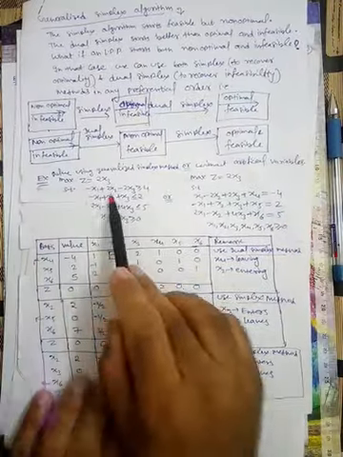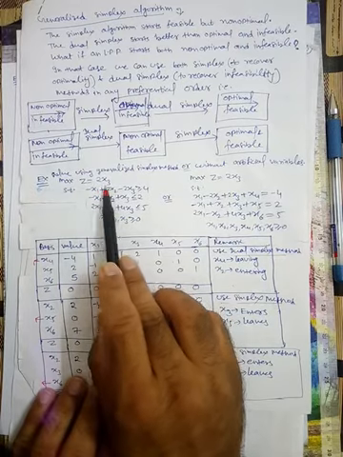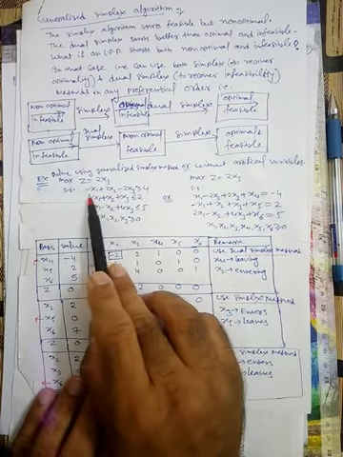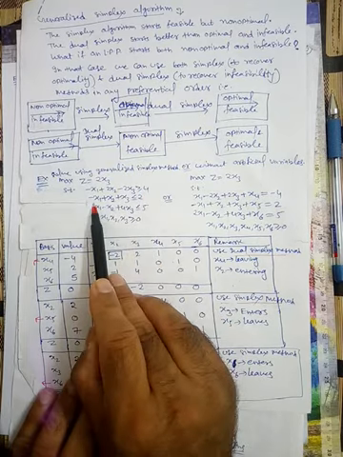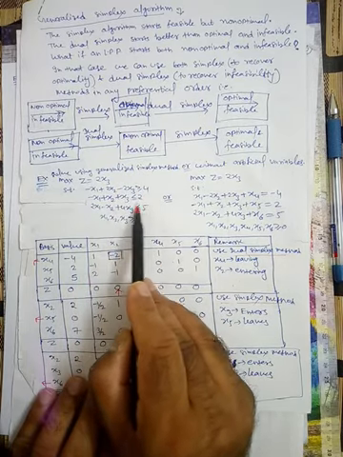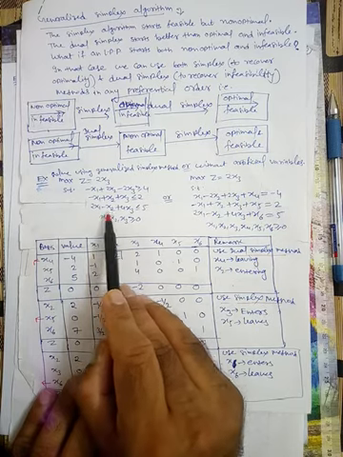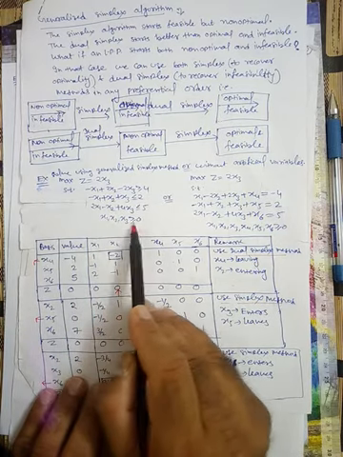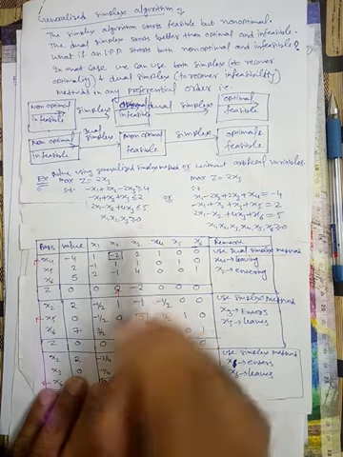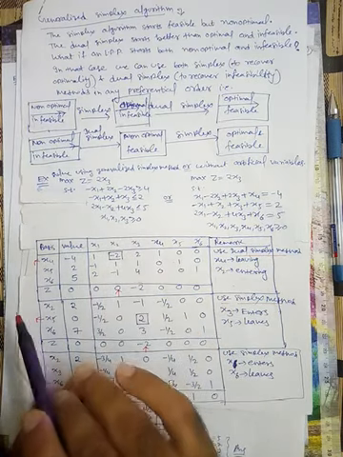Here we are taking one example. The problem is: maximize z equals 2x3 minus x1 plus 2x2, subject to minus 2x3 greater than or equal to 4, minus x1 plus x2 plus x3 less than or equal to 2, then 2x1 minus x2 plus 4x3 less than or equal to 5, and x1, x2, x3 all greater than or equal to 0. This is the problem.